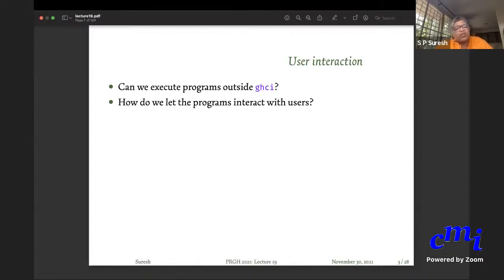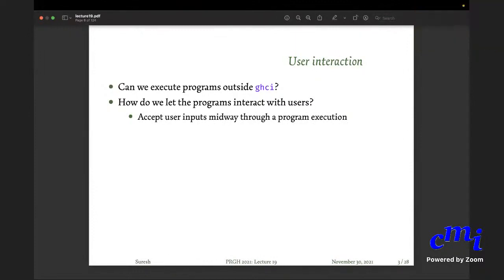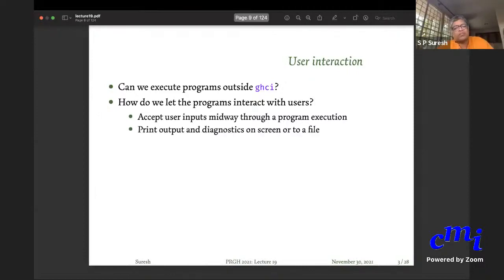And furthermore, something that we have not seen formally till now, even though I have included snippets here and there in my programs, is how to do input output, some kind of interaction with users. So you want to accept a user input midway through a program execution. Maybe you want the user to tell the program what to do next, and based on that, the program has to do something or the other.